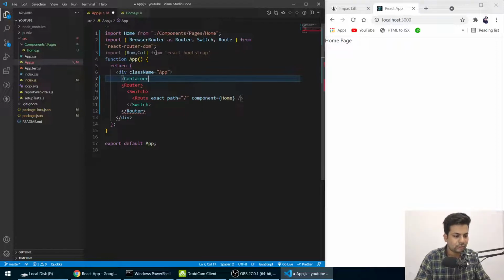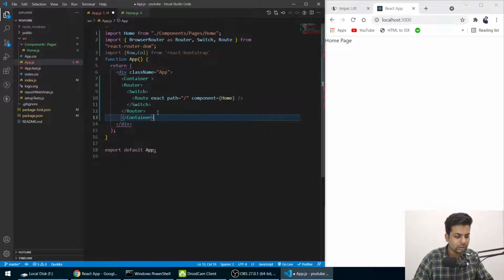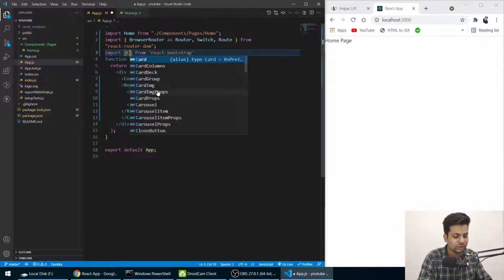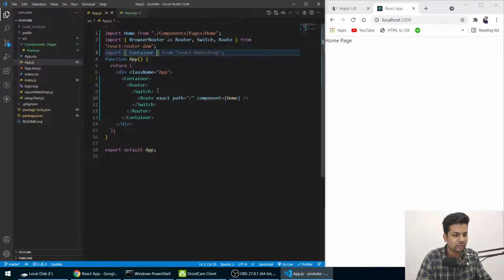Okay, sorry, container, and we do it like this, and we'll just import container also. We don't need row column, we just do it with container. We save it, and if I reload it,